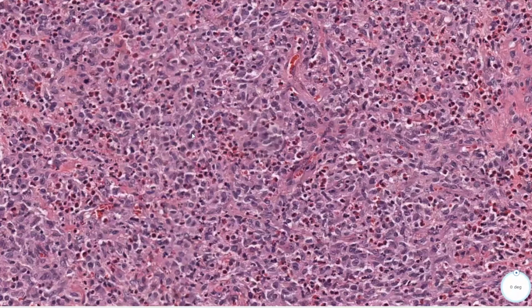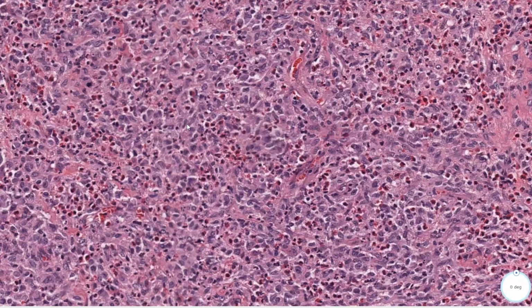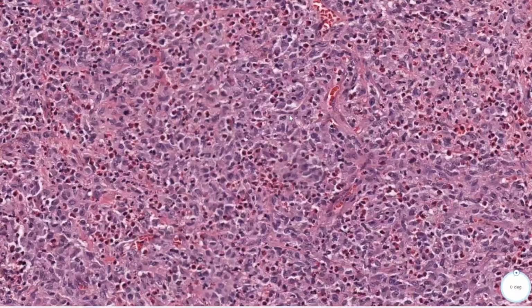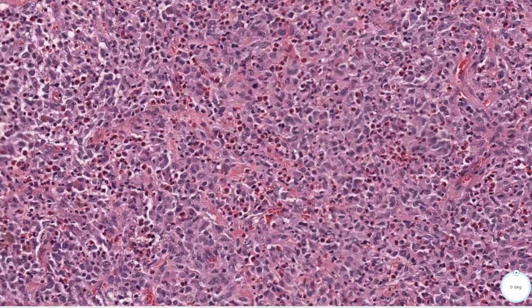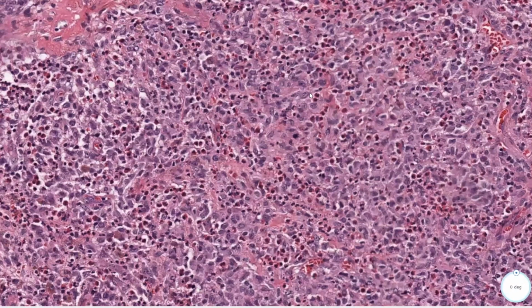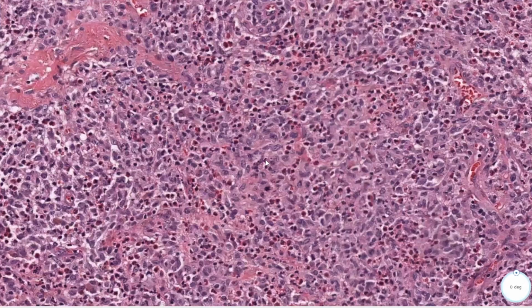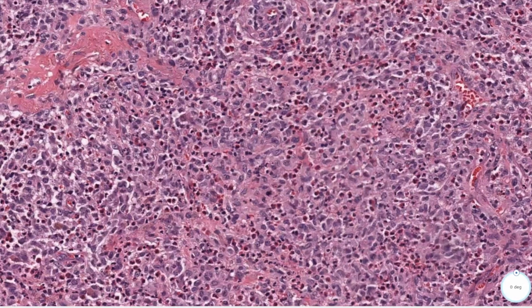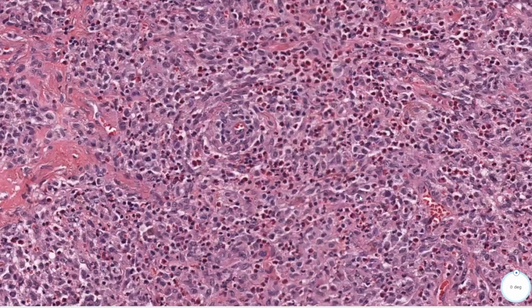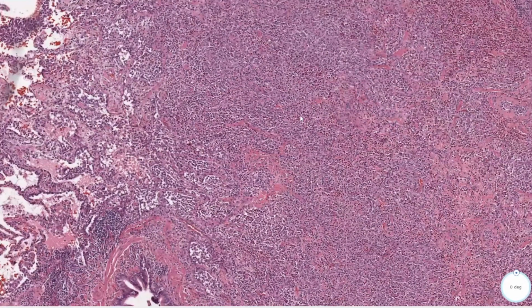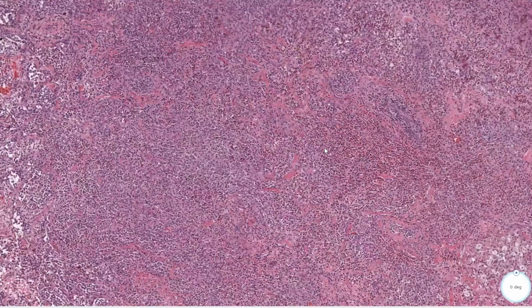And then interspersed between here, we have this other cell type, and they really have these indistinct cell borders. They have nuclei that characteristically have this grooved appearance. I think you can see a nice nuclear groove there, and you can see that throughout, and they have these irregular borders as well. They can have somewhat prominent nucleoli as well. And so these are all Langerhans cells, and the association with these eosinophils really makes you think of a pulmonary